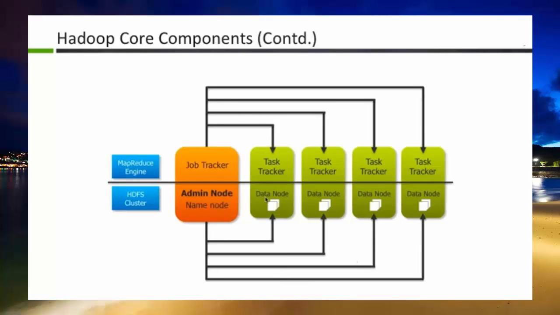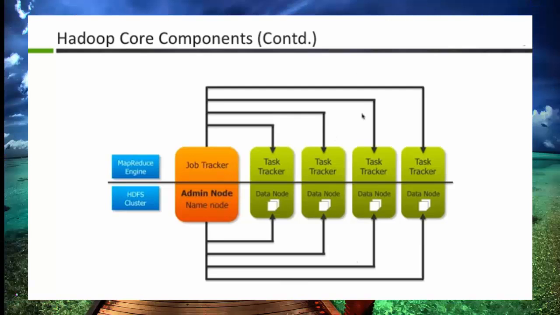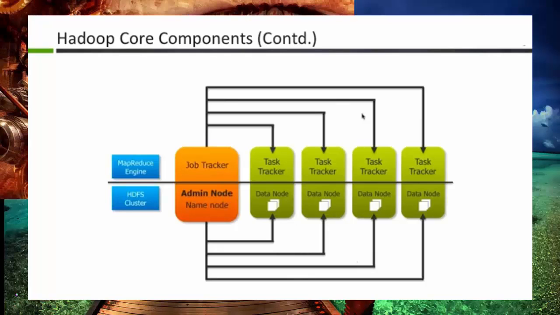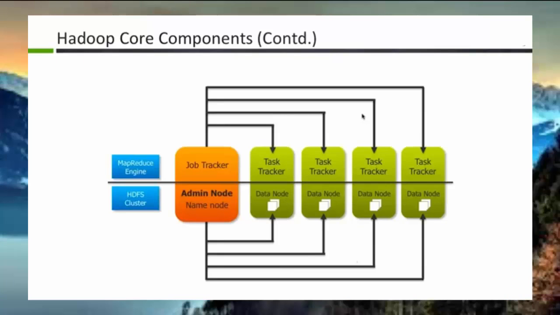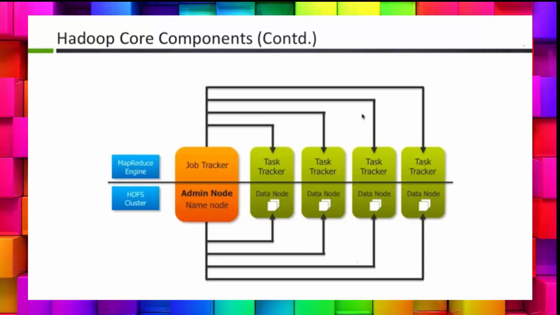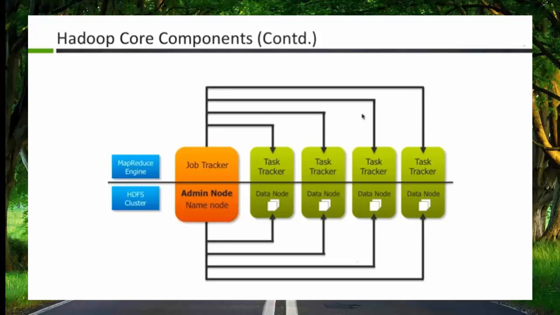No, wait. Don't get into the map task for now. Yes, the task tracker will be controlling the map tasks, but it is not the map task itself. It is a service which is running, something like a Windows service or a Unix daemon. So just remember these terms, now that we've understood what is map, what is reduce, we've understood HDFS, we've understood what a cluster